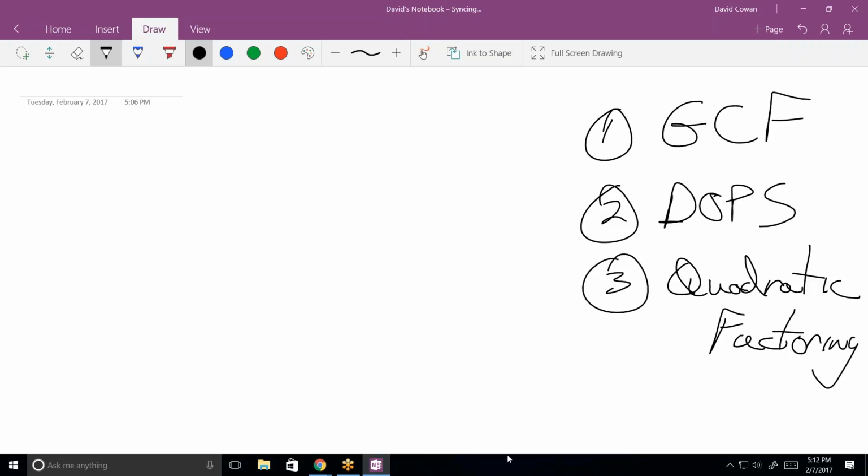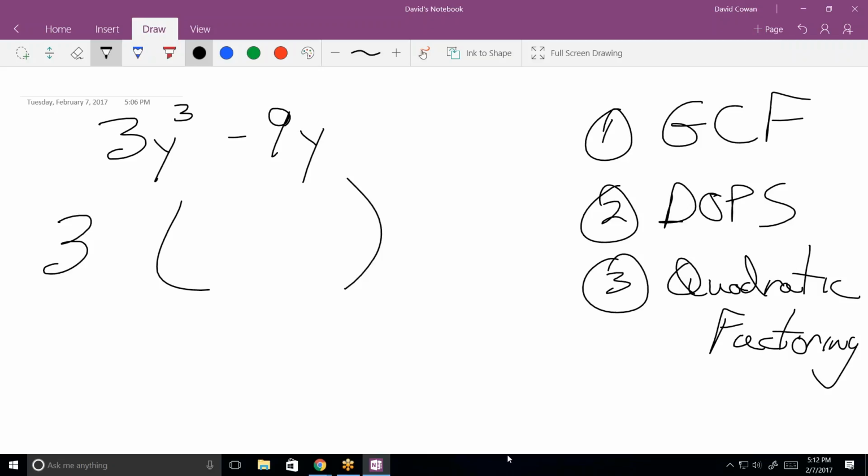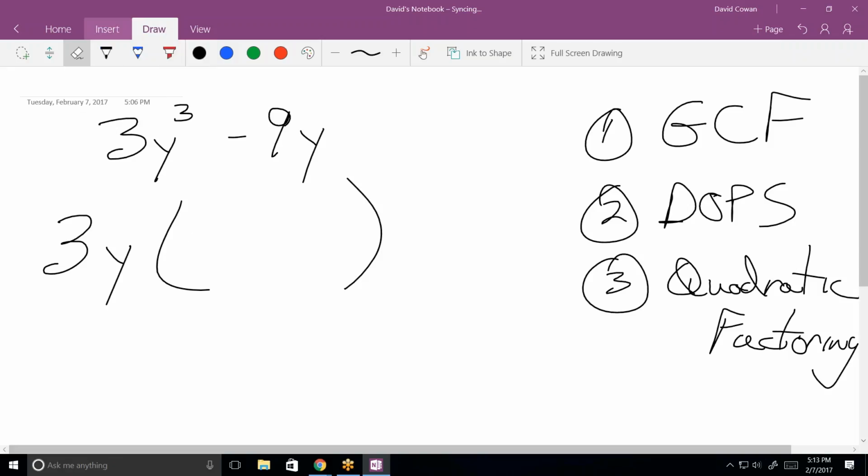What else you got? 3y cubed minus 9y. This one it is going to be 3. Okay, 3 is the number. What's the variable? 3y. Okay. Left over? It would be negative 3 plus. Hold on. If I write negative 3, multiply those 2 together. In other words, go from left to right, not right to left. Oh, yeah. Sorry. Then it would be